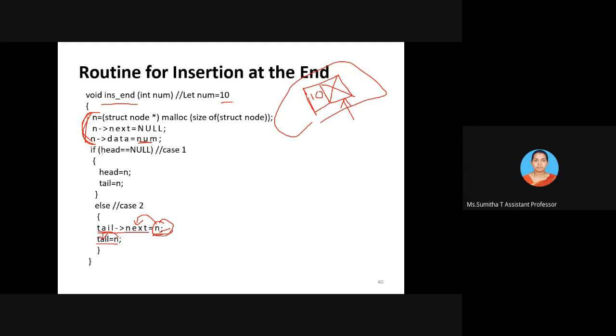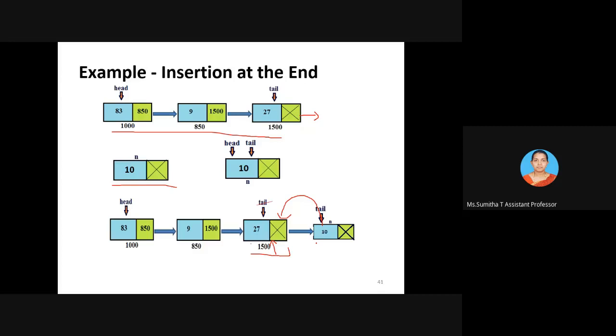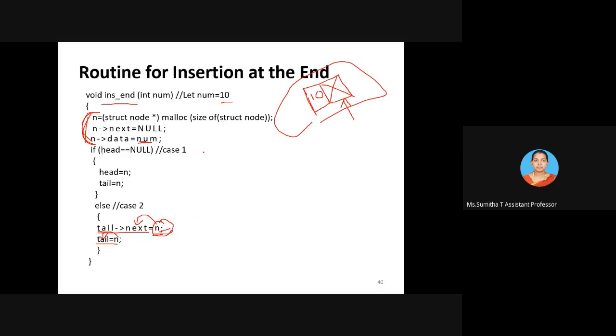So then we are inserting the node at the end position. The newly added node will be the tail. This is not the tail; the tail is marked here. So the tail is changed to the newly added node. This is the process of insertion at the end of the linked list. Is it clear? With the help of this understanding, you can write the program